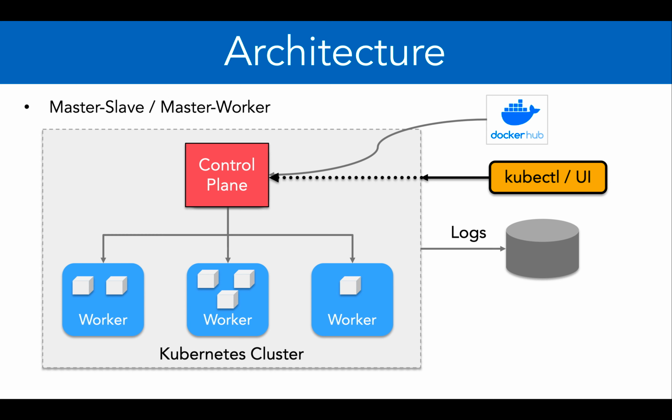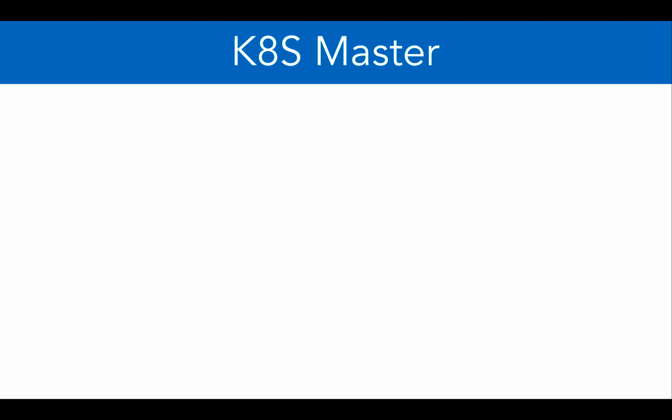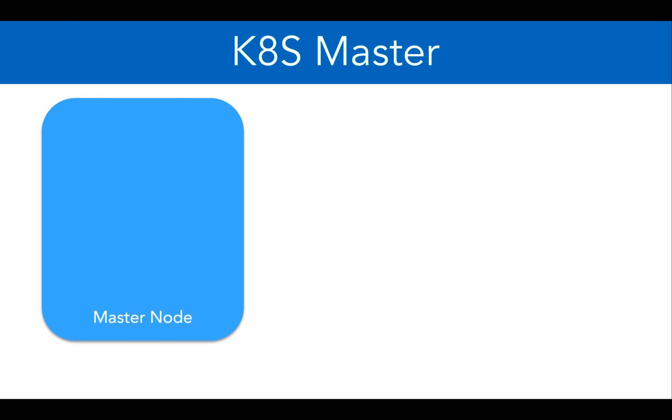Okay, so let's take a deeper dive into the Kubernetes master component. So we'll talk about the Kubernetes master. We already know that master has a node, it has to be in a server, and which will be separate from the other worker nodes. If you are running Kubernetes on a single machine, then the master and worker nodes would be on the same node or the same server.